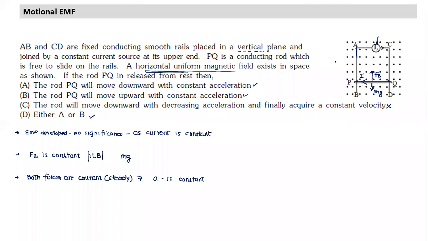Suppose I maintain a field B here. Initially the field was B before the rod was allowed to move. Before the rod moved, there was a current here and there was some field. As the rod starts moving, the current will remain the same, but the distance will change. If the distance changes, will the field in this area change? Actually it may change, but will the field in the region of the rod change? That will not change. Will the field in the region of the rod change, yes or no?